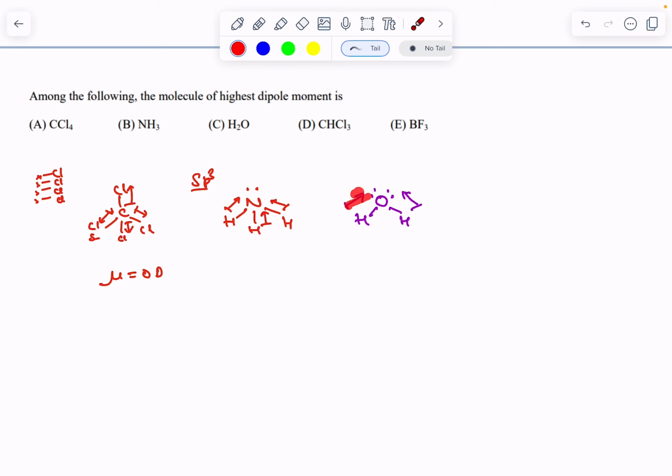Now if you compare with nitrogen, oxygen is the more electronegative atom, so that pulls very strongly. The electronegativity of oxygen is 3.5, nitrogen is around 3. So oxygen's electronegativity is more, so it pulls very strongly. The dipole moment for H2O is greater than ammonia. Now if you take CHCl3,